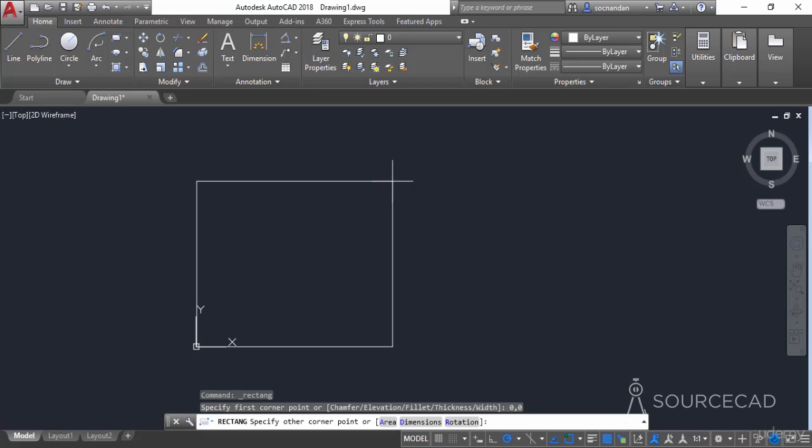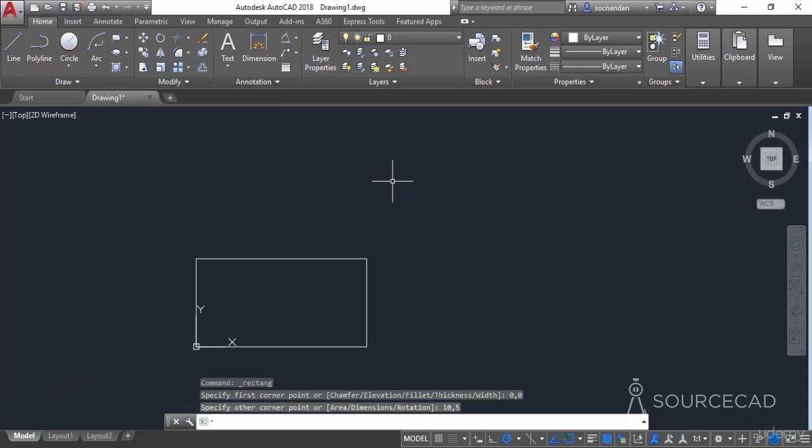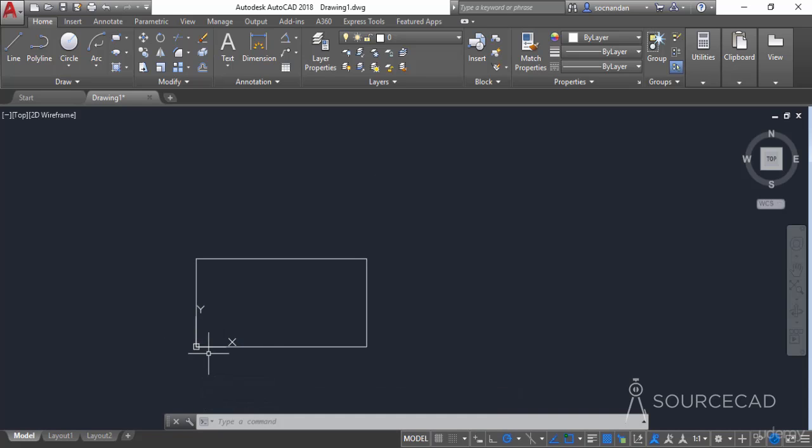So all you need to do is enter the coordinates of this point. So let's say that we want to make a rectangle with length 10 and width 5. So in that case, the coordinates of this point will be 10, 5. And now press enter, and here we have it, the rectangle with length 10 units and width 5 units. So now in this case, we made this rectangle from the origin. That's why it was very easy for us to make a rectangle with this kind of length and width.